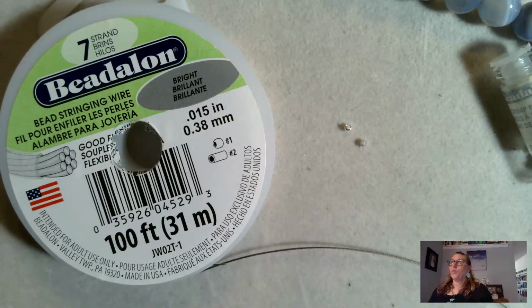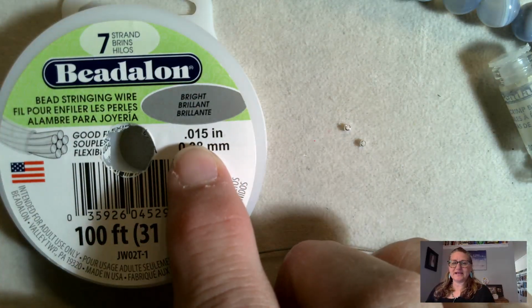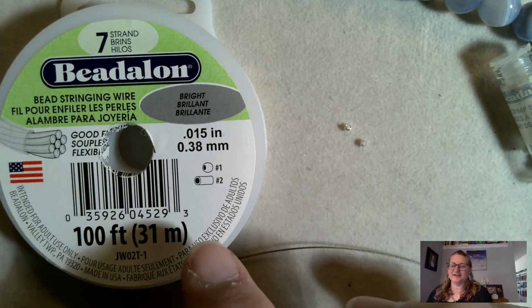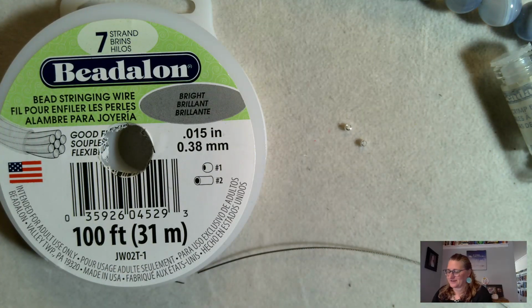One of the things I didn't realize for a really long time is that the beading wire that you use will tell you what size of crimp beads that you should be using with it. I had no idea for quite a long time. And what I did in the beginning, I was just making things for myself anyways, so I was not super picky. When I first started, I was just excited about having lots of different pieces of jewelry to make for myself. But now that I'm making jewelry more for other people, I take that end quality in, that's a much bigger